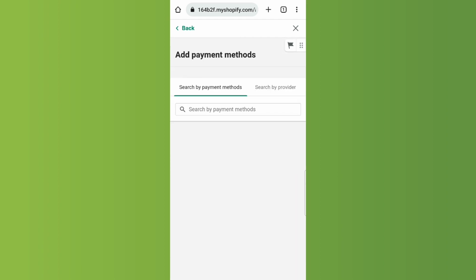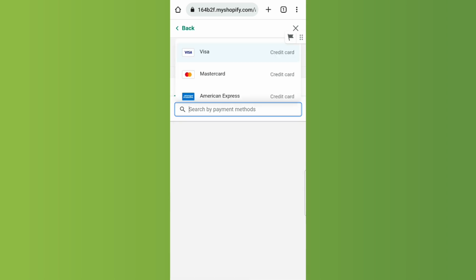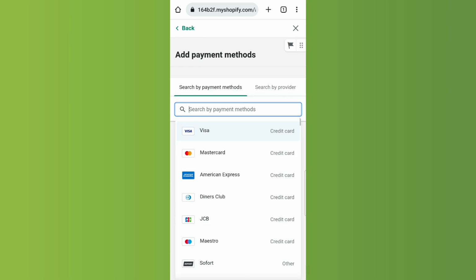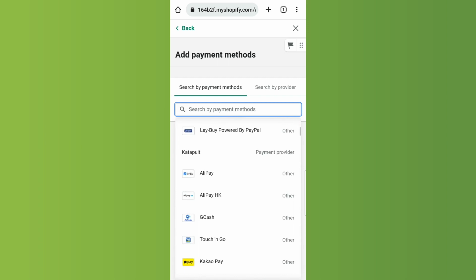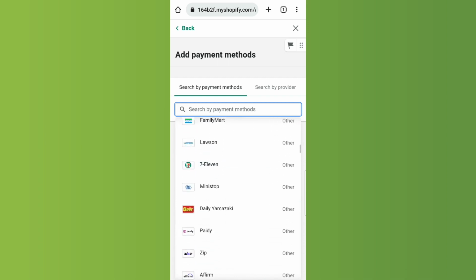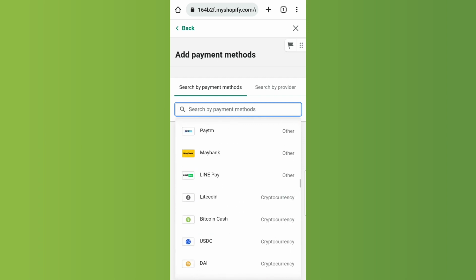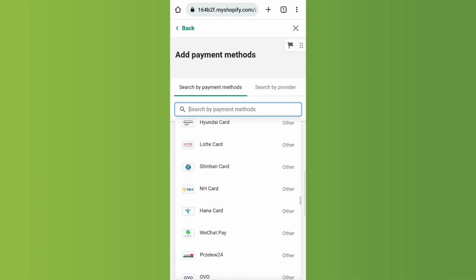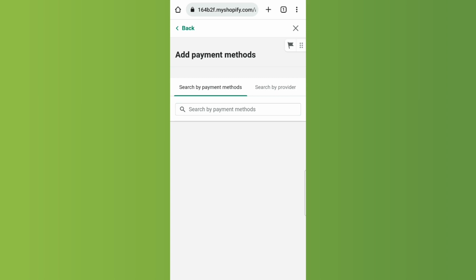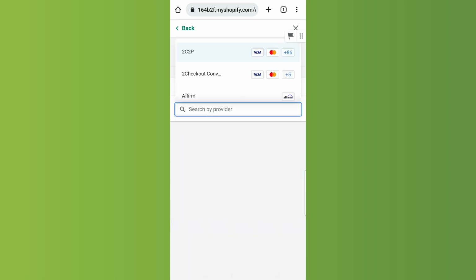Click on the add payment method, and you will have two search bars. The first search bar is search by payment method, from which you can search for any payment method that's available to use only that payment method. So for example, you can use Visa, MasterCard, or you can use Klarna, Apple Pay, and stuff like that, e-wallets like some Bitcoin. And the second option is you can search by provider, from which you can use a provider